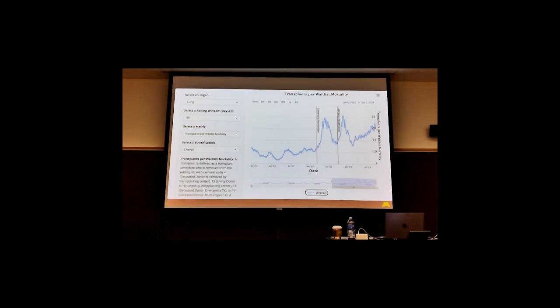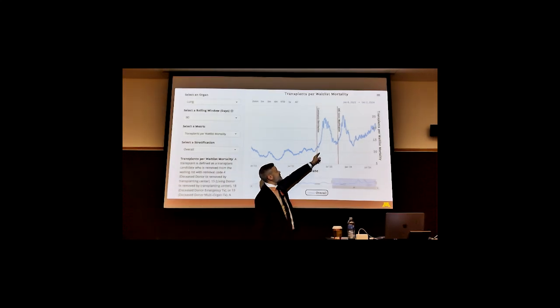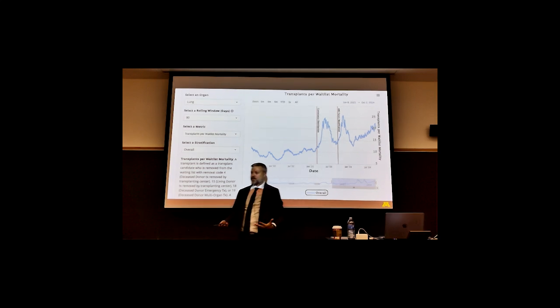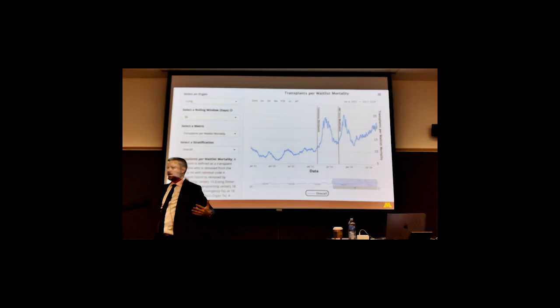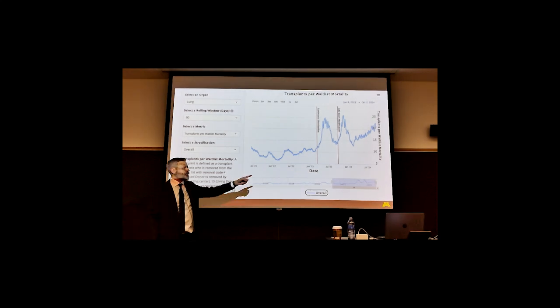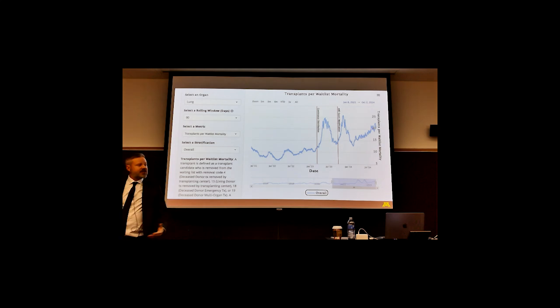And I love this metric. What we're doing here is a 90-day look back on every day for how many transplants are done versus how many people die. Okay, so higher is better. Immediately when this policy was implemented, there was this huge jump in the number of transplants done relative to people that died. And that told me that there was this pent-up demand of sick patients that weren't getting offers based on where they were. The system went into place and we quickly got offers out to those patients, and they got transplanted,